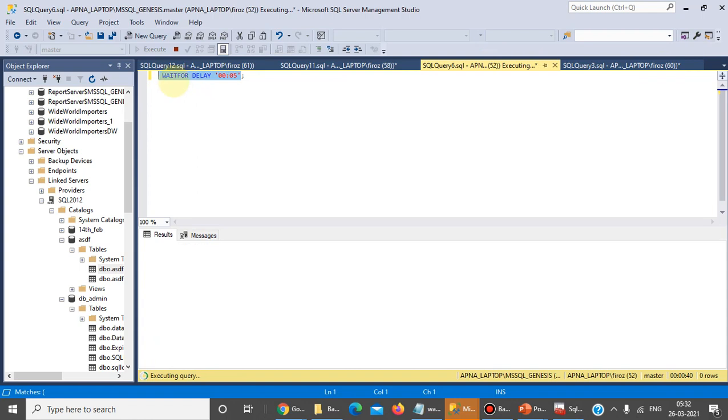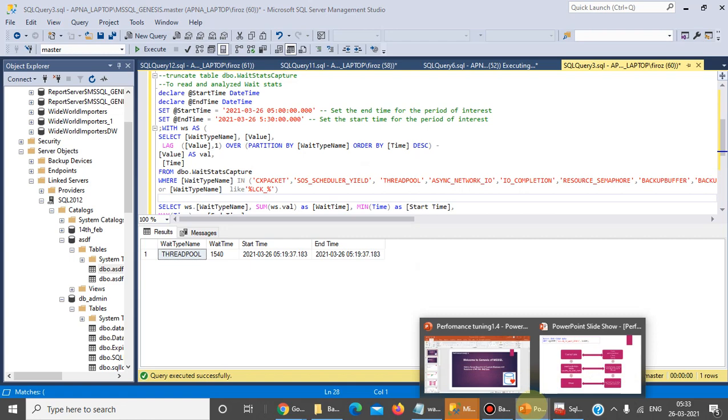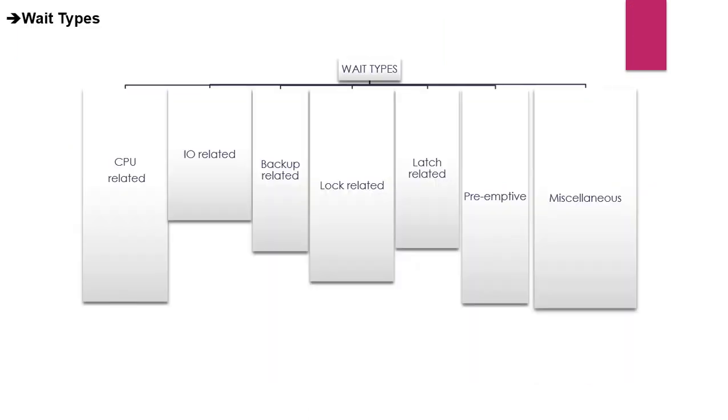Forcefully, I am generating that wait for wait type. We will come back after 5 minutes. Meanwhile, we will proceed with a summary of the different wait types.